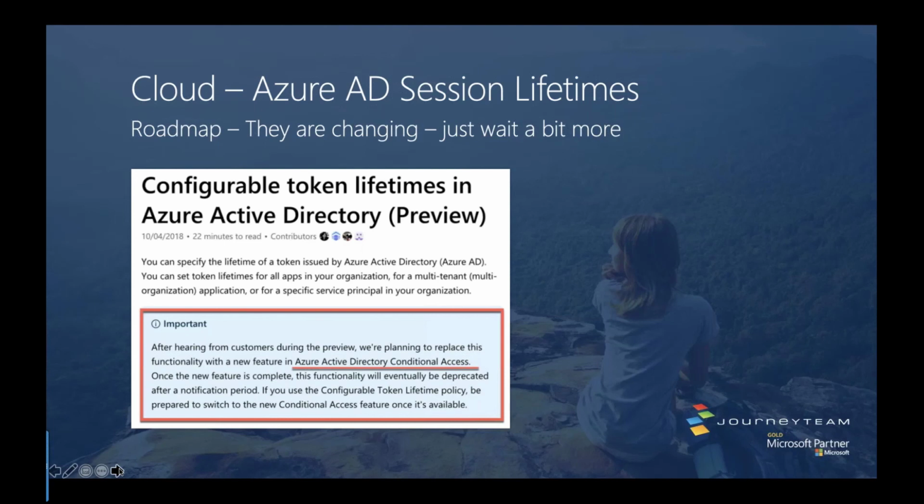So that's a quick overview on session lifetimes. If you've got more questions about that or need details, that's the top of the iceberg, not even the tip, right? And there's a lot